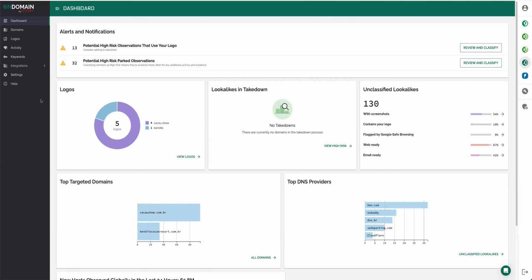So first of all, to give you some context, OnDOMAIN is one of the most recent Redshift products, and it's about threat detection, asset monitoring, and it also provides a takedown solution, which I will go into in much more detail later. So regarding this account that I will be presenting, this is an account with real